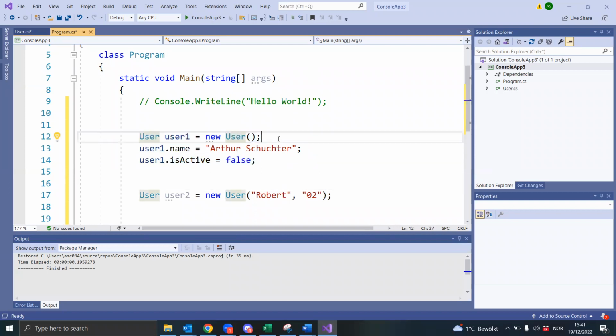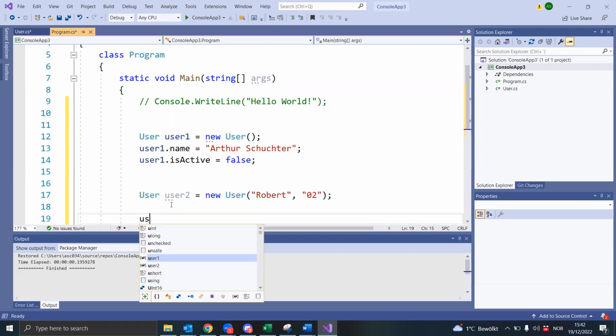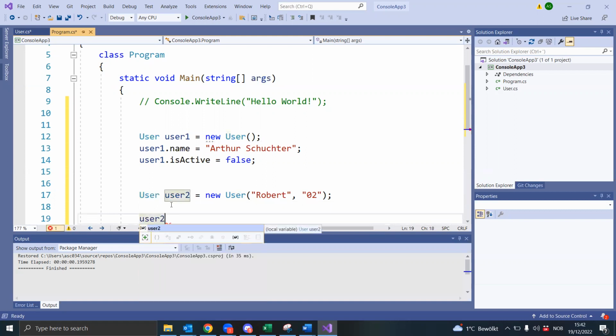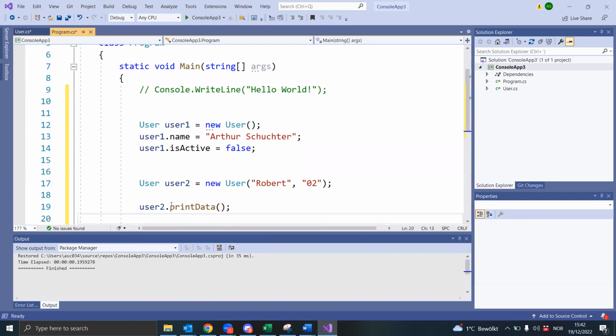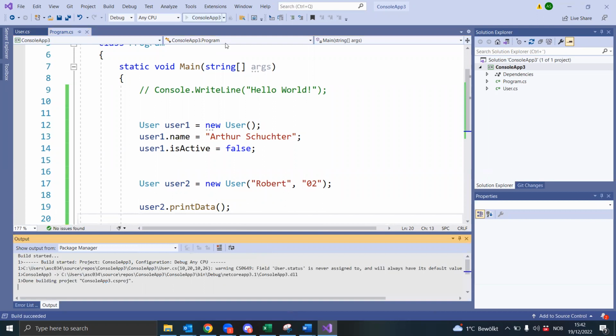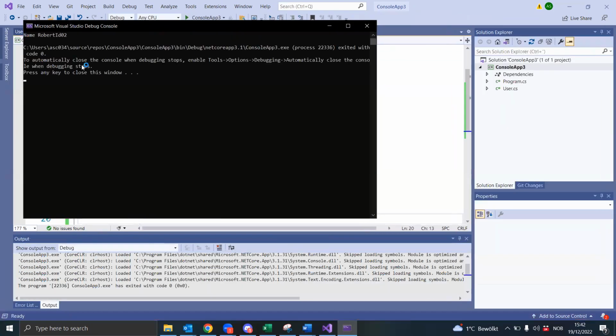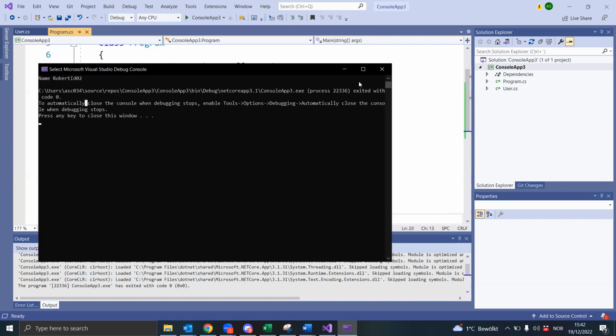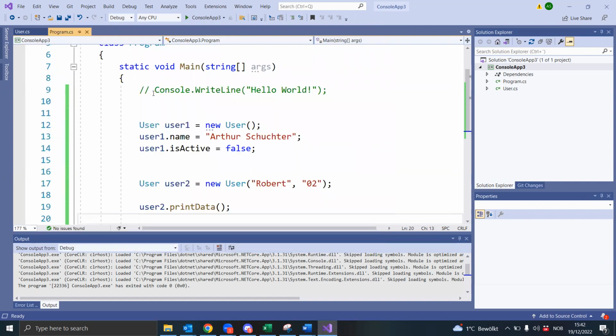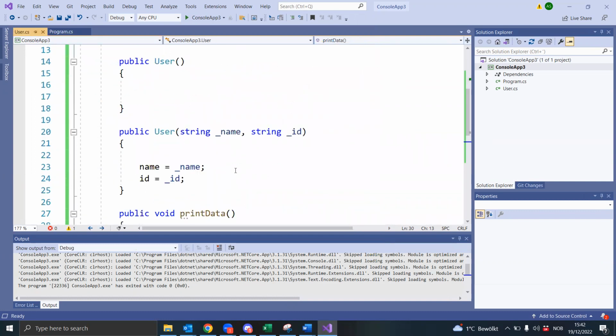Okay. That's just a summary. That's nothing new. And if I want to print out my values, I just can call my method user.PrintData to call my function and to see what's happening. Hopefully, I haven't done anything wrong, and it will print out my values: name Robert, ID 02. This will print out my values all the time, and as I can see, my formatting of my printing function